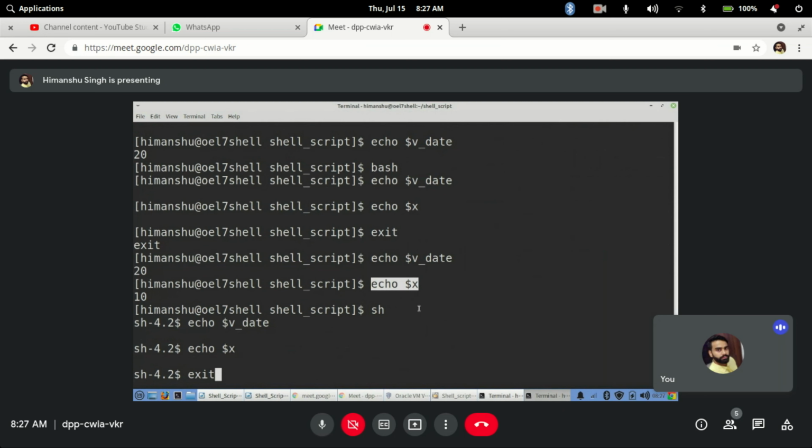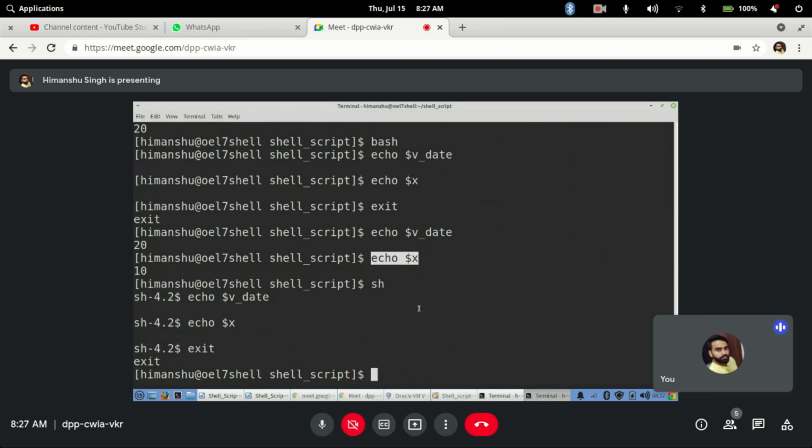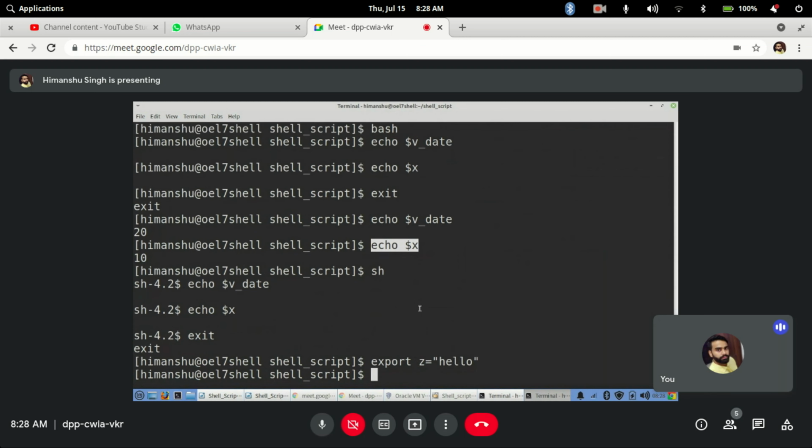If I exit here, I come back to my original bash shell. These variables we defined are local variables that remain only for this shell, not globally available. To make them globally available, you have to do export z equal to, let's say, hello.